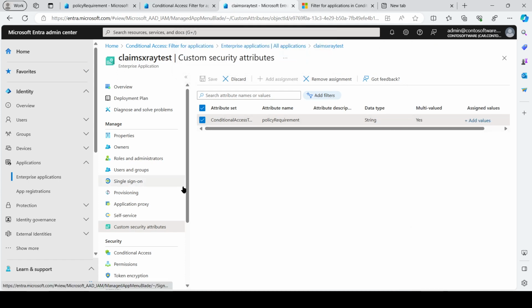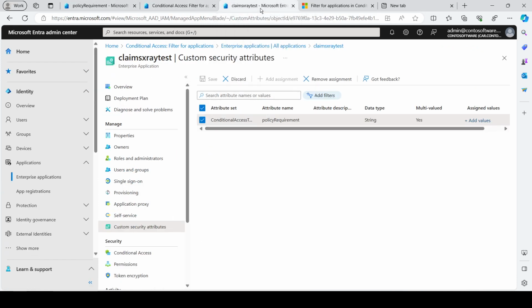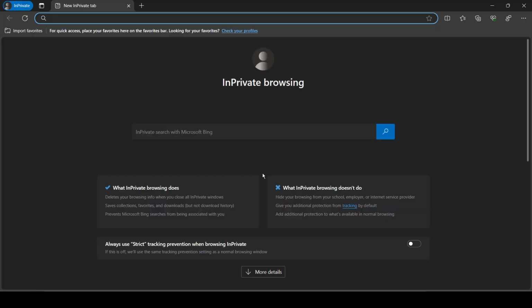So this is the third piece here, right? So first is policy requirement, add the attribute, conditional access policy, define the CA policy. On the app itself, you go and define the custom security attributes. Let's go and have a look at what will be the end user experience. So I'll go to my